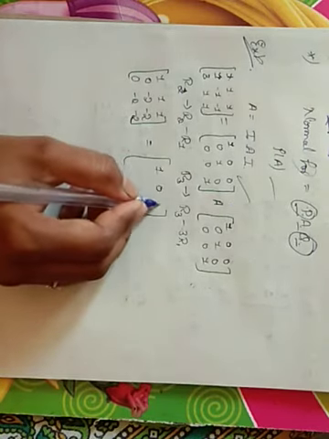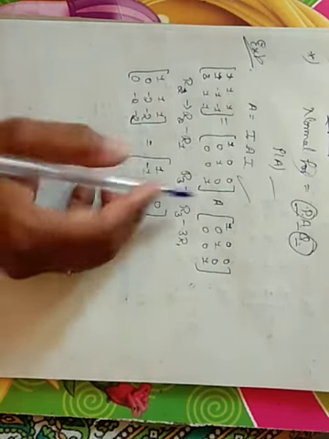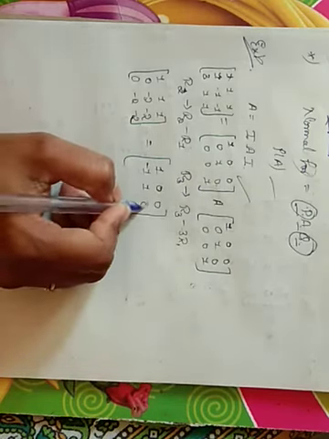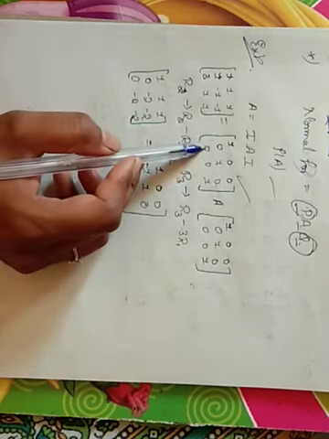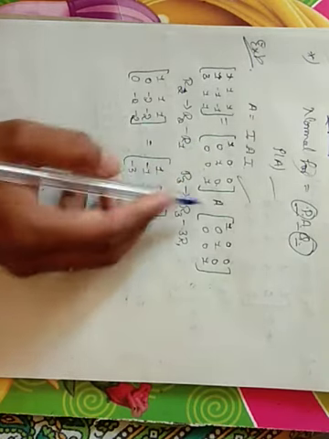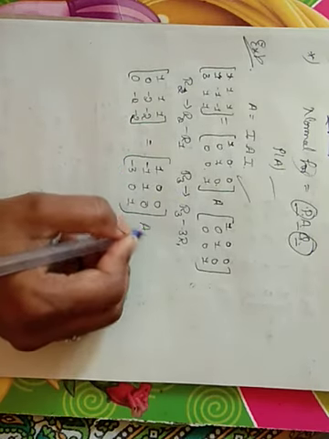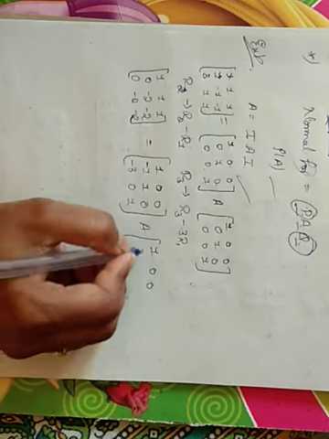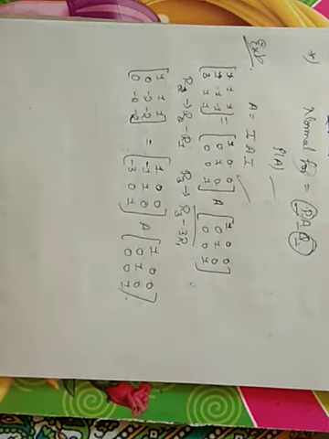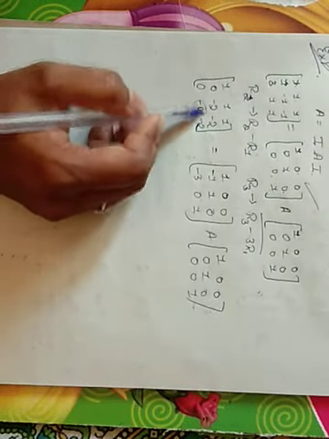Keep the first row as it is. 0 minus 1, minus 1. 1 minus 0, 1. 0 minus 0, 0. 0 minus 3 into 1, 3. 0 minus 3 is minus 3. 0 minus 0, 0. 1 minus 0, 1. A, and keep the I as it is. Don't apply any transformation to these two when you applied a row transformation. Using this element, now make this element a 0.